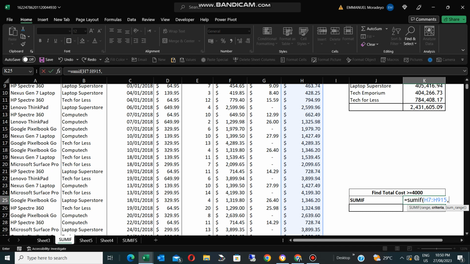There's an inverted comma. You hold your shift key, inverted comma, and your shift key again, greater than, your shift key again, equal to, then you have 4,000. I want figures greater or equal to 4,000. Then your